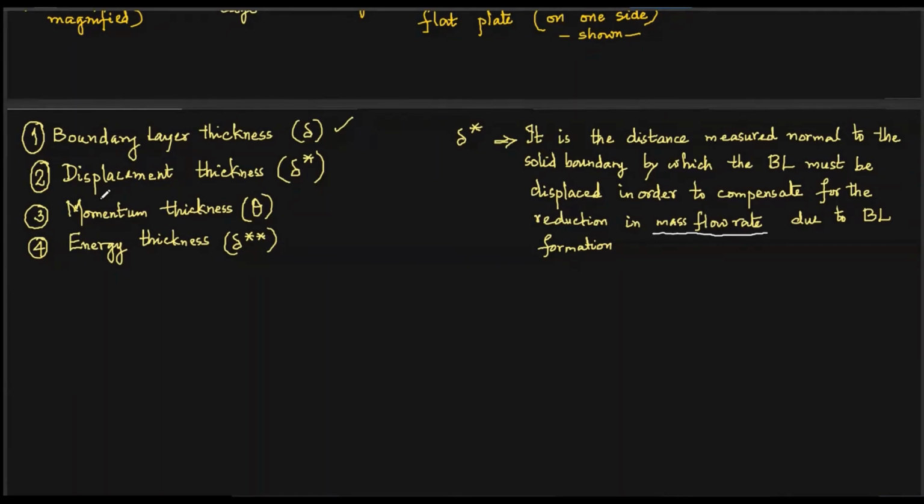And in order to represent the momentum loss, we introduce another reference parameter known as momentum thickness. Momentum thickness is represented by this theta. See this one, momentum thickness theta. So that is to account for the reduction in momentum because of boundary layer formation. And then kinetic energy thickness, or energy thickness simply, that is delta double star, representing a distance measured normal to the solid boundary by which the boundary layer must be displaced in order to compensate for the reduction in